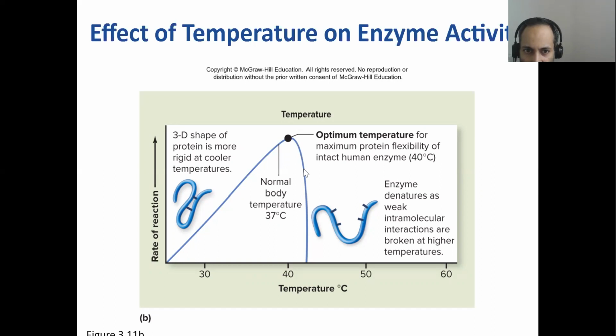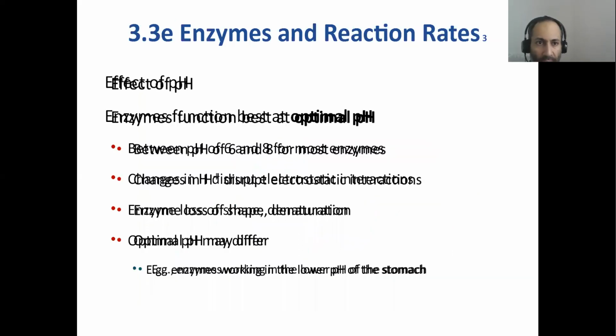So here you see your metabolic rate is coming down. The reaction is not happening anymore. And this is why high temperatures, high fevers are so dangerous, especially in children, because they can develop seizures. The brain is very sensitive to temperature fluctuations. So high temperature is quite detrimental to the brain. You can develop seizures, your enzymes denature as well, all right?